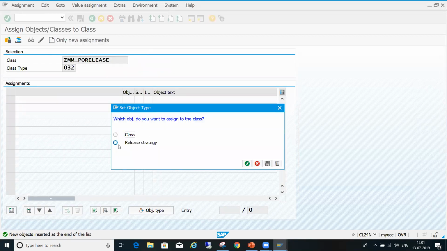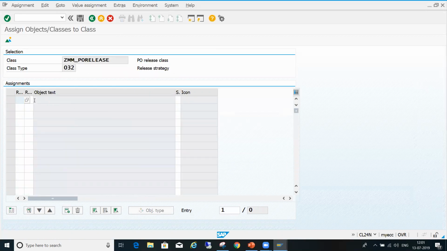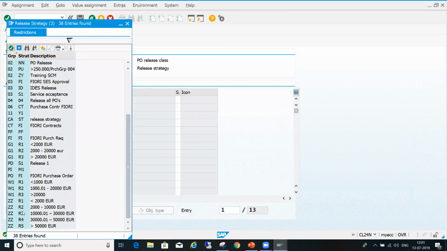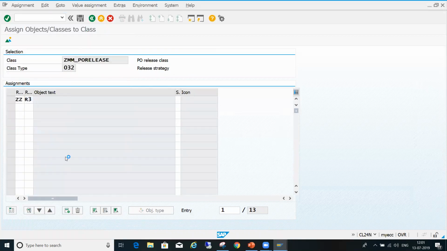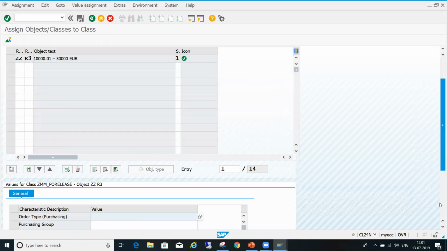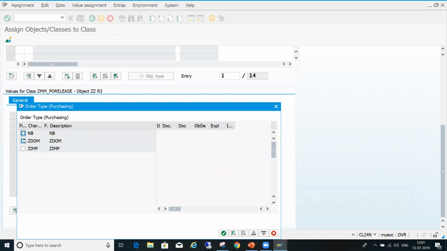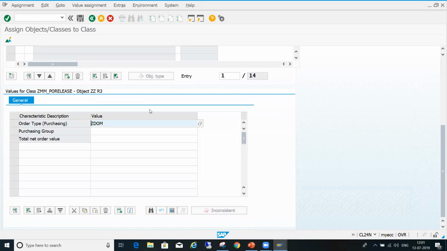Third assignment. This is the third assignment, third level. Order type. Which order type are you selecting? You have to select this one.